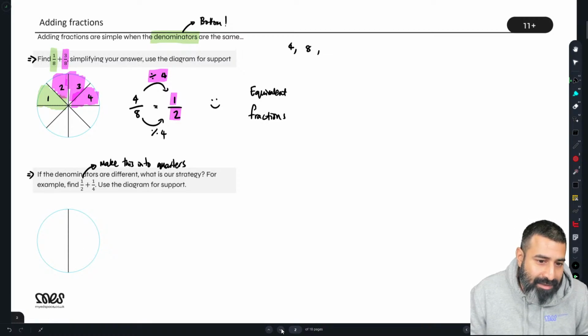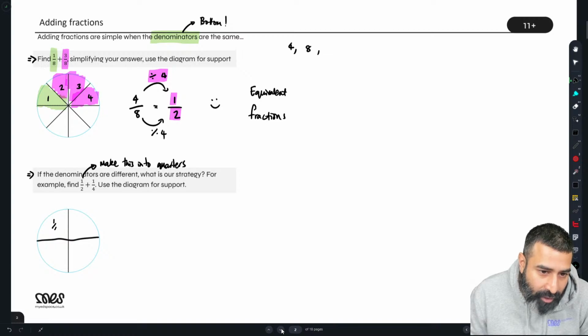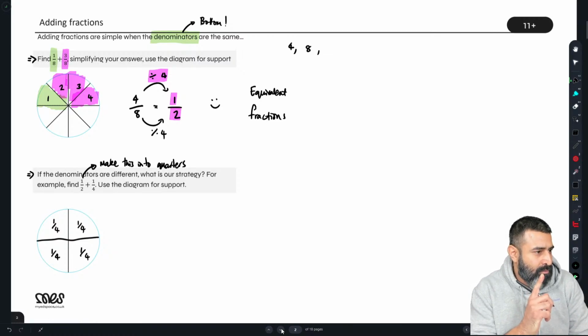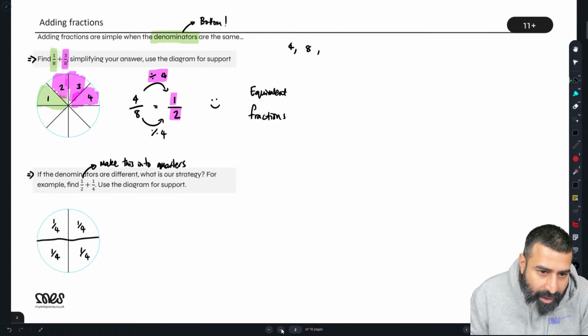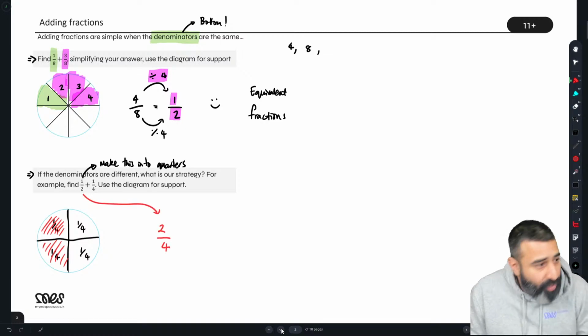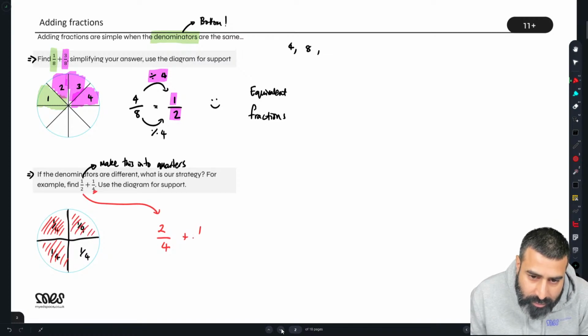So what I can do is I can turn these halves into quarters. So that's what I want to do. So to make this into quarters, I draw another line horizontally, okay? So here I've got 1/4, another quarter, another quarter, and another quarter. So I've got 4 quarters, okay? So do you see what I'm doing here? Let me know in the chat if that makes sense. So this half has now been converted into what? 2 quarters, which is the same as 1/2. Agreed? So this now becomes 2/4.